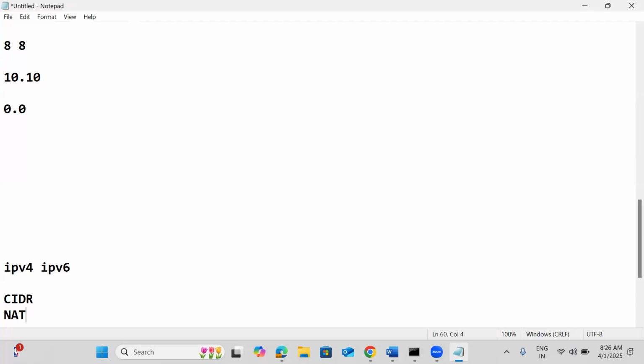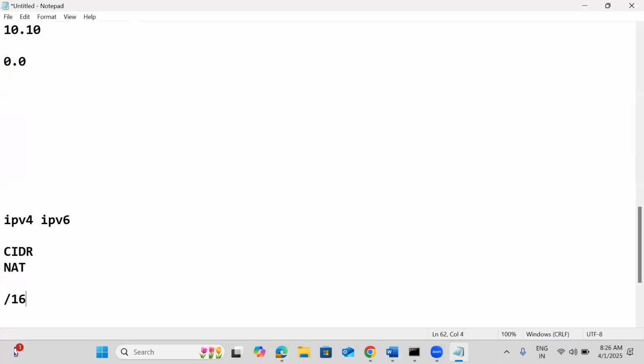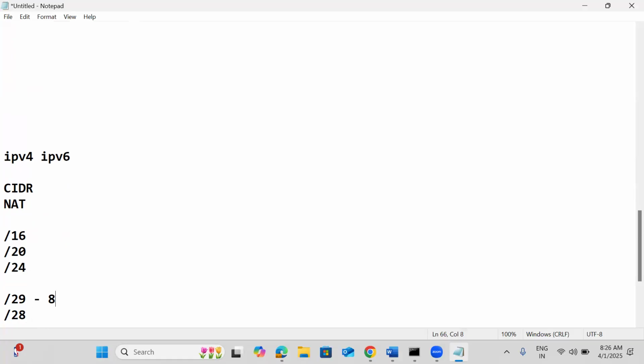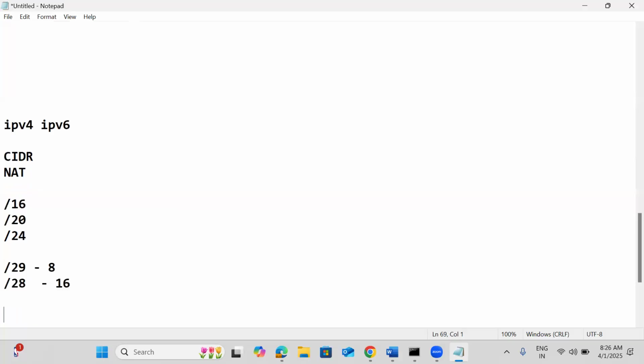It depends upon your requirement whether to choose maybe /16, or /20, /24. If you want something very small, then /29 and /28 are the smaller ones. /29 will give only a maximum of 8, and /28 will give us 16. In the CIDR, if you want to